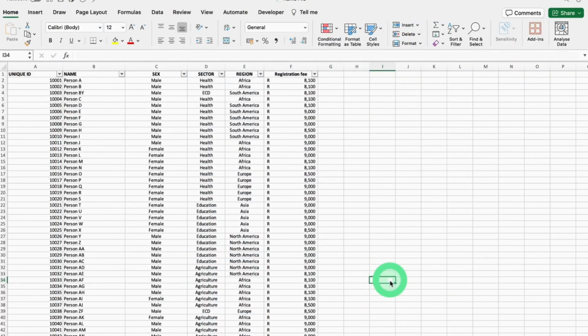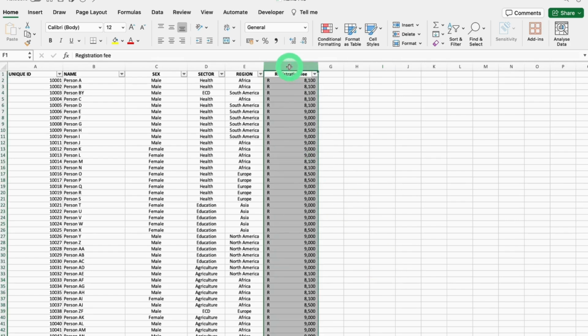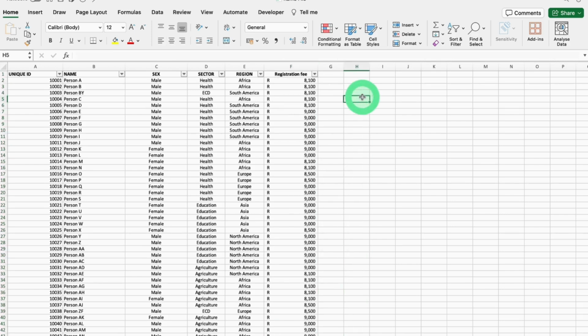So for this example, we've added a new column, registration fee, and we'll be using that to calculate the revenue that has been generated. So the registration fee is 9,000. However, there are some people that have been allocated discounts, so we'll try and see how much, with the discounts, has been accumulated. So what we'll do, we'll say equals